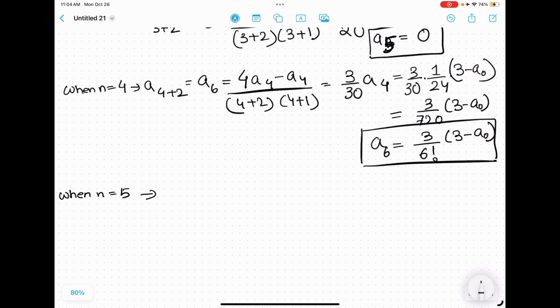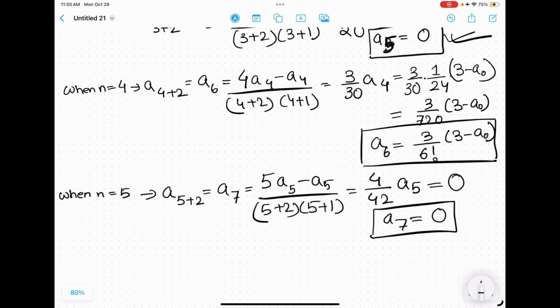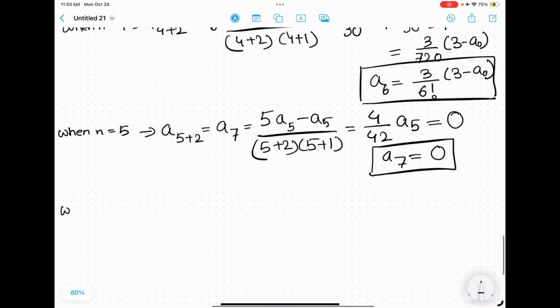So n equals 5. I have a sub 5 plus 2, which is a sub 7. And that is 5a sub 5 minus a sub 5 divided by 5 plus 2 times 5 plus 1. And if I simplify that, I have 4 by 42 a sub 5. And I know that my a sub 5 is a 0. That means it's a 0. Hence, my a sub 7 is a 0. Okay. Then let's move to n equal to 6,